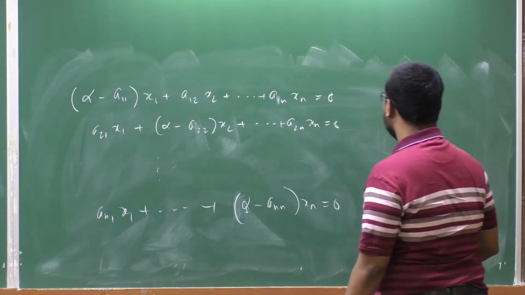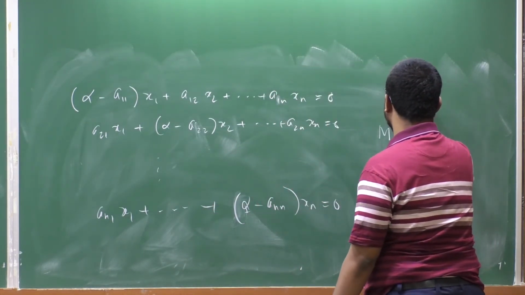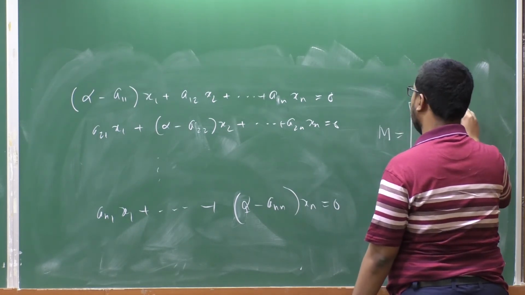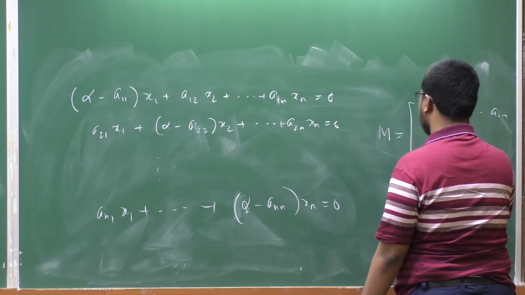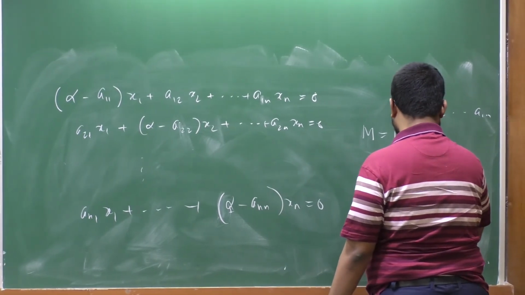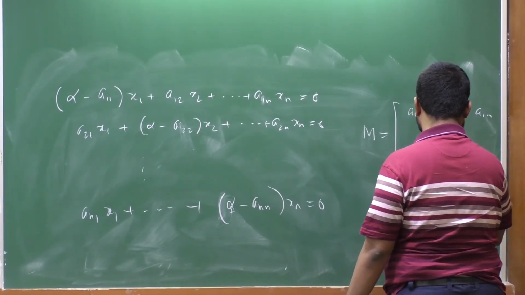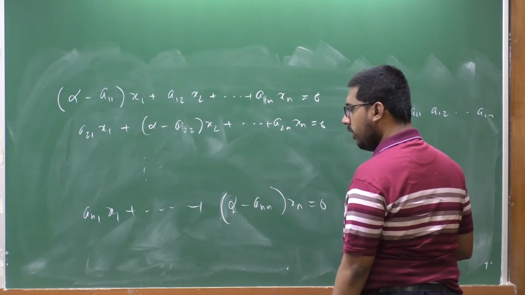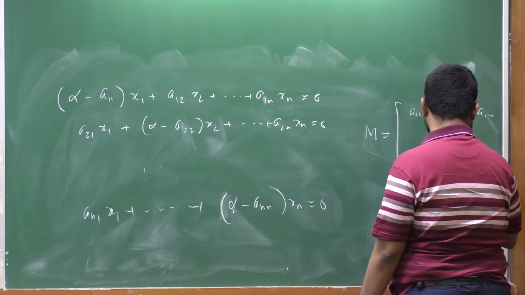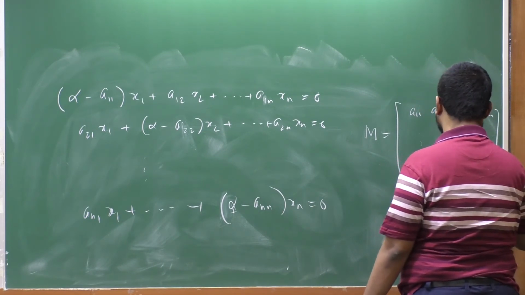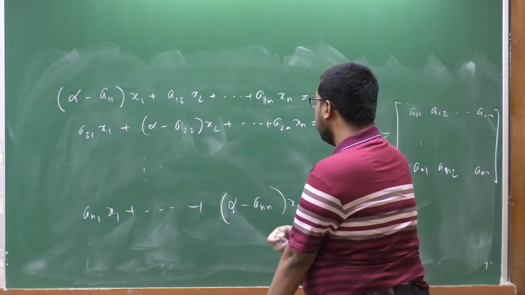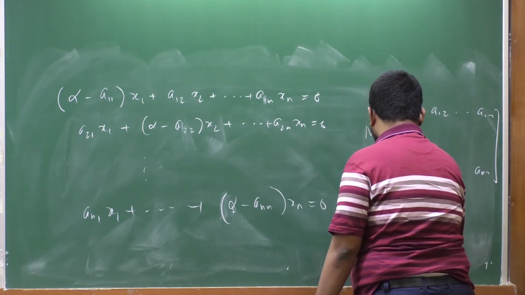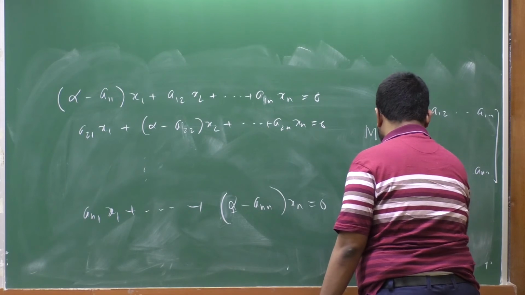So that shows, if you define M to be the matrix whose entries are a11, a12, up to a1n, similarly an1, an2, up to ann, then you see that (alpha I minus M) times the vector (x1, ..., xn)